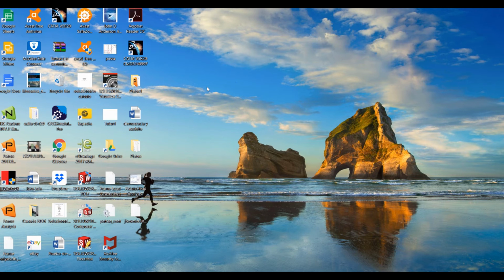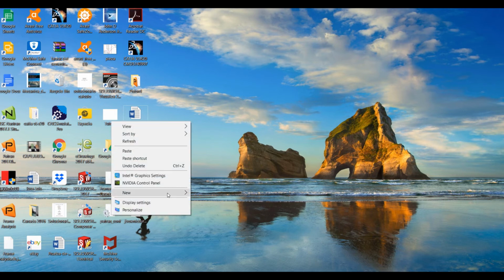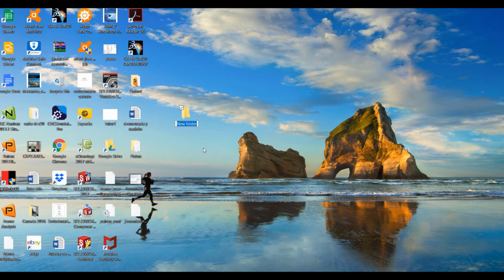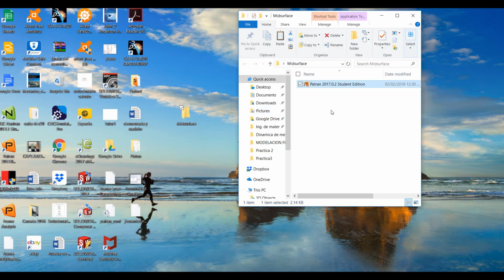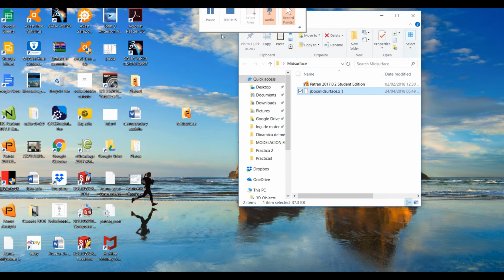Well, the first thing we want to do is create a new folder. The name is going to be Midsurface, and we're gonna add the program Patran. We're gonna copy the program, and also we're gonna add the file of the Midsurface that we model in SolidWorks. And now we're gonna start. So we open the program,